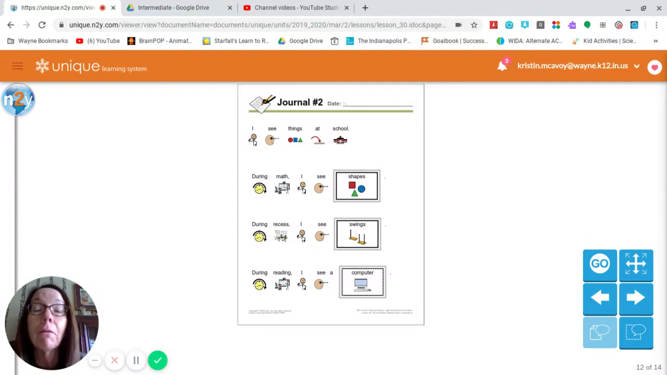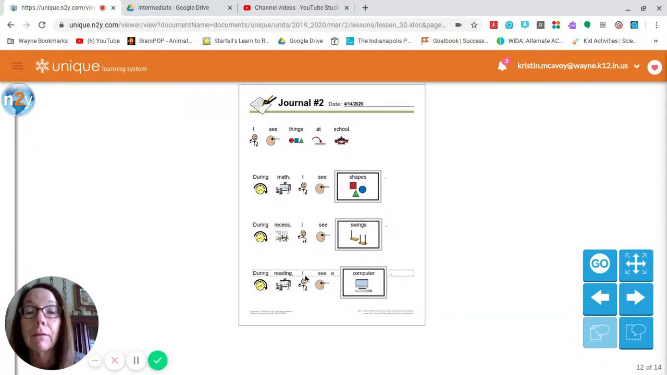So for my writing journal entry today, for the date of 4/14/2020, I have, I see things at school. During math, I see shapes. During recess, I see swings. During reading, I see a